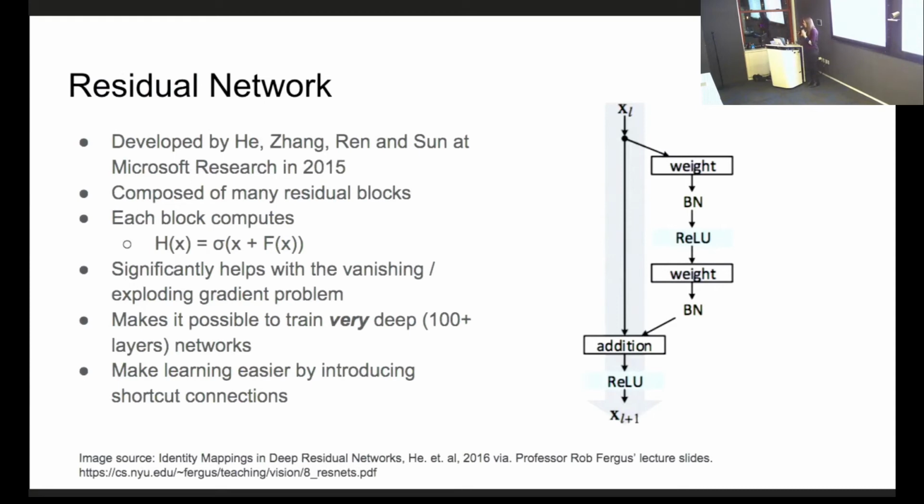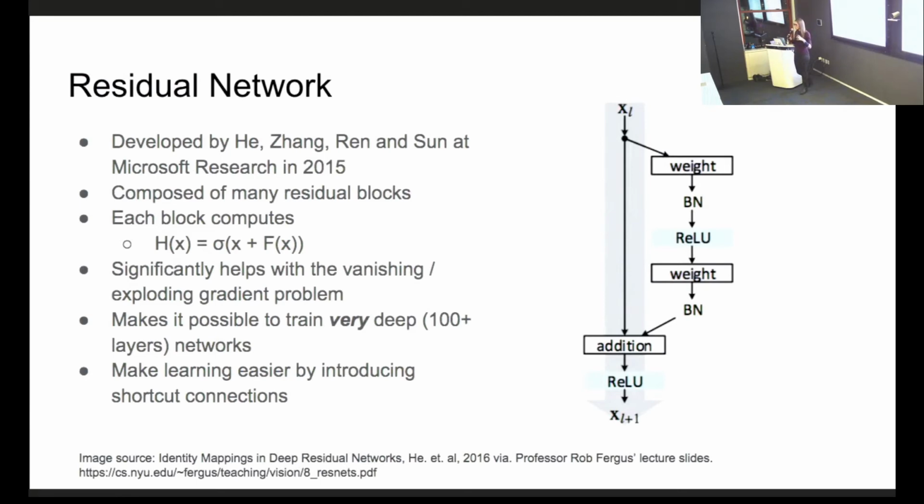And they had this idea that, the main idea is allowing a skip connection. So what that means is you have a layer or a block of computation, but you also allow just the inputs to pass directly through to the next layer. And so what this does is it reframes the computation of what a layer does. So you can imagine each layer is computing some function h of x. And instead of